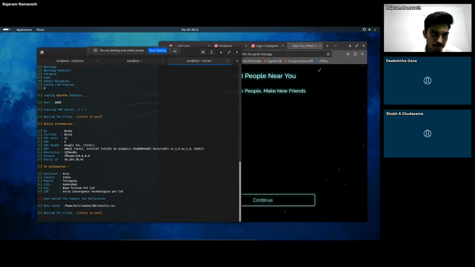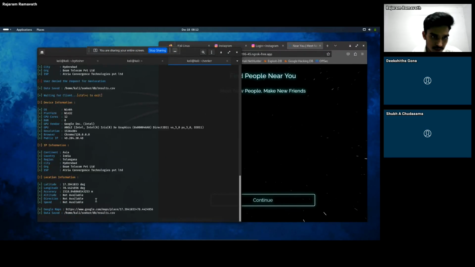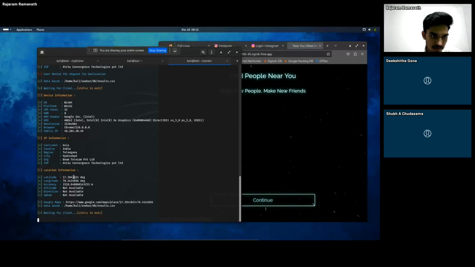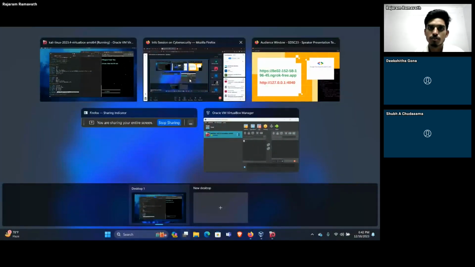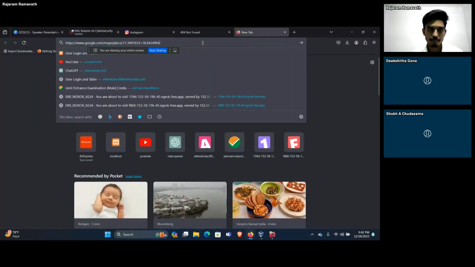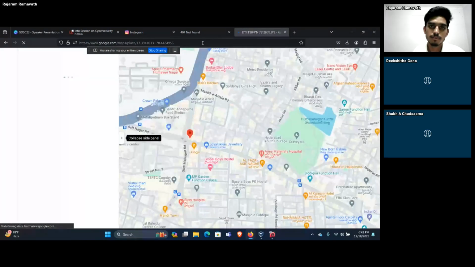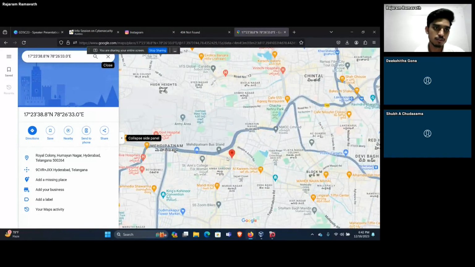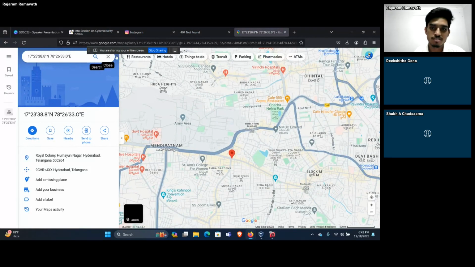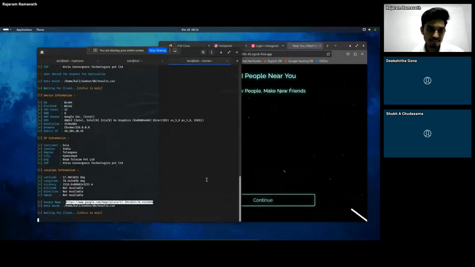I got a few. These were all entered by me. See, I can see one of the users who got access to the link. We can see the latitude and longitude. Let me show where the user actually is on my machine. Oh, actually, it's mine only, so I will show it on the map. See, we can see the user is here, with his latitude and longitude and all, and we can get lots of stuff.